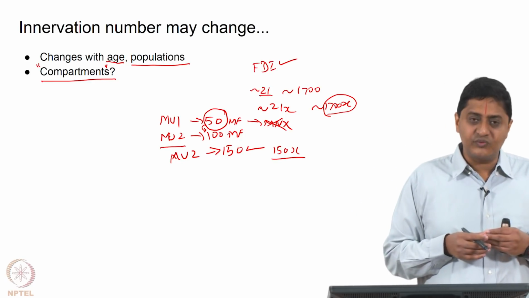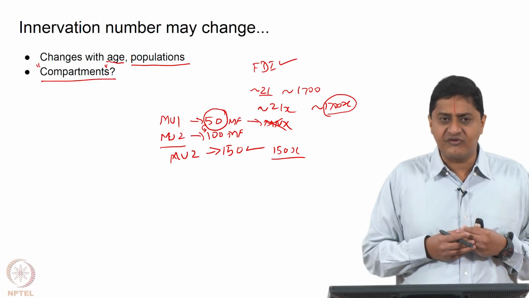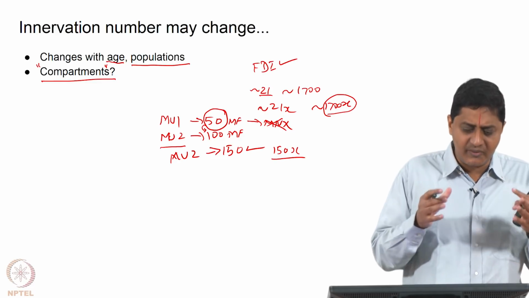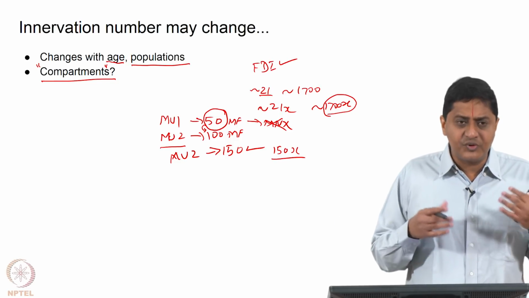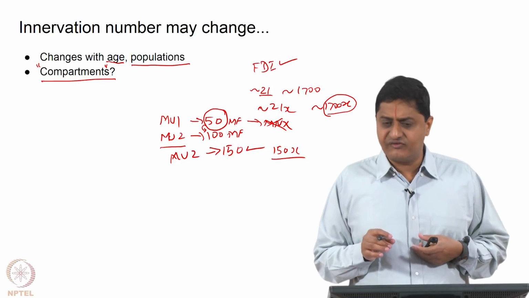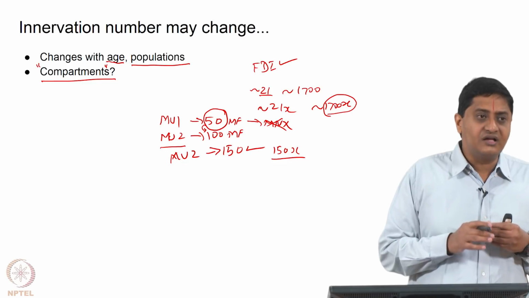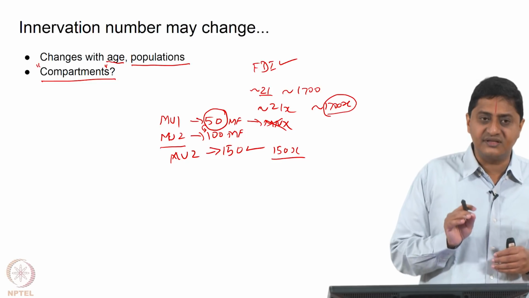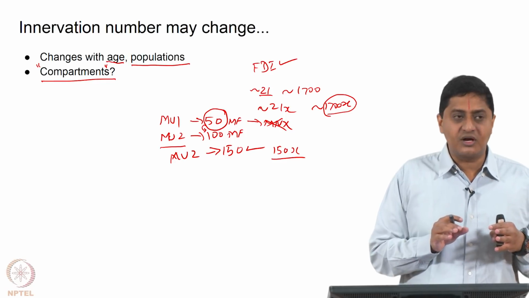Now, this raises the question, what is a muscle? Is a muscle a morphological unit in some sense? Is it a geometrical construct that is purely morphological, or is it functional? This debate continues in the area of musculoskeletal biomechanics. Let us not get into that, but let us just note that there are also cases where muscles function in compartments.